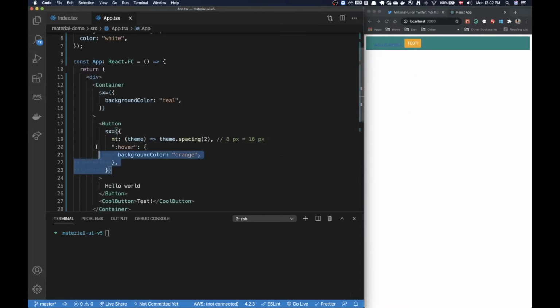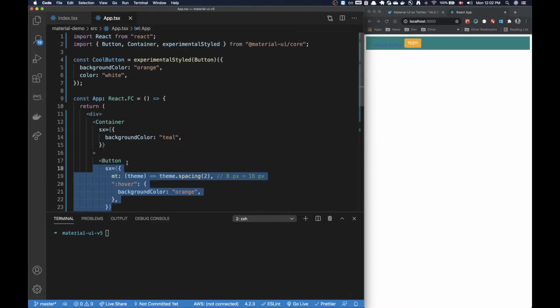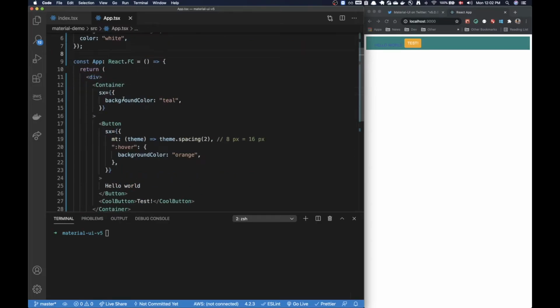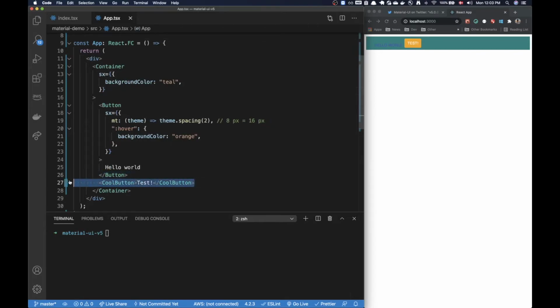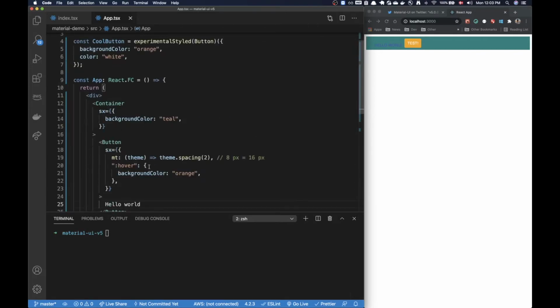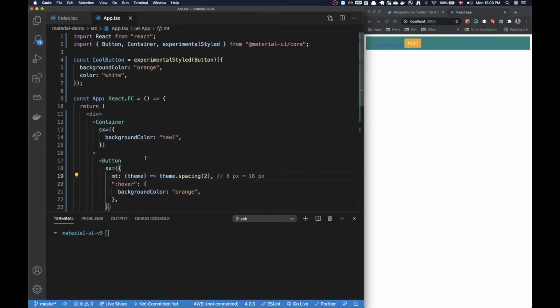So if you have a lot of properties, you probably don't want to mess up the markup too much here, right? You would rather put it in a separate variable and then just put it in your markup like this. Yep. And similar with the SX prop, we also get access to the theme. So instead of returning an object here directly, we could access the theme here, right? And then do some sort of styling with that. Okay,